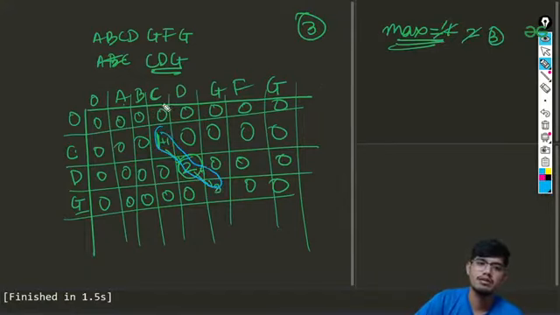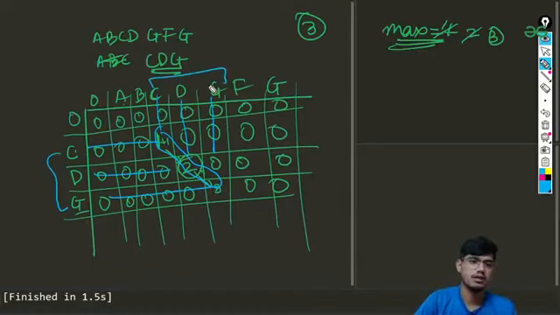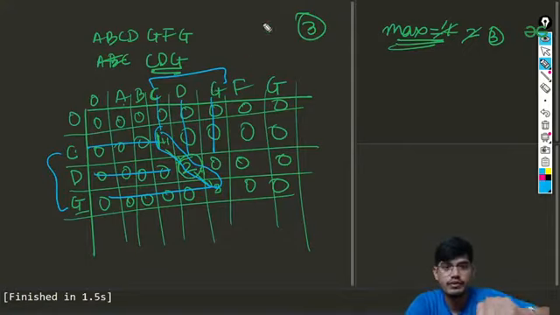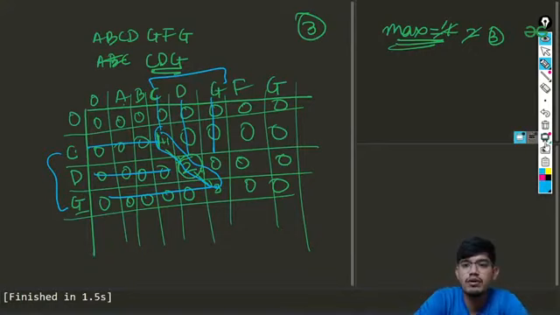And what are the elements? This is basically this one and this one, so it is CDG, sorry. So CDG is the longest common substring that is possible in this problem. So we'll be just looking into this, counting that, and showing that as output. Okay, so that is another problem.